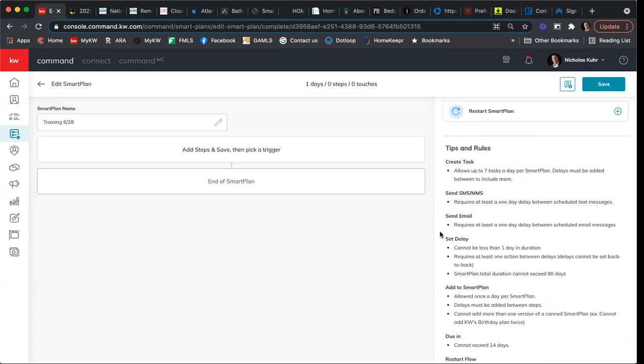Set a delay, cannot be less than 1 day in duration, requires at least one action between delays. Delays cannot be back to back. And smart plan duration cannot exceed 90 days. So for a smart plan that we create on our own, it can only last up to 90 days. Now, a workaround of that is that, as I previously mentioned, you can make the last step of your smart plan to be added automatically to another smart plan. So you could create a Q1 2021 smart plan, a Q2, a Q3, a Q4 that are each 90 days long, and that automatically link to that next smart plan, and that would be a whole year worth of smart